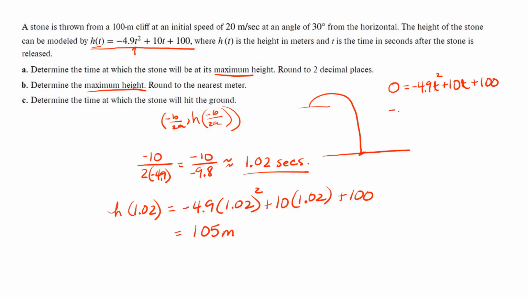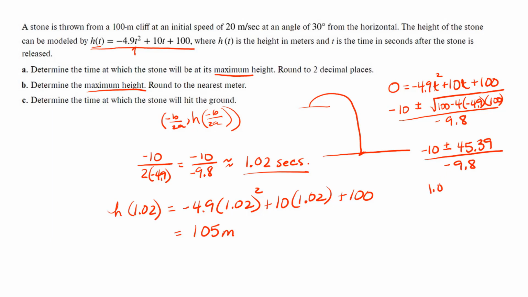So negative b, negative 10, plus or minus the square root of b squared minus 4ac, all over 2a, so that's negative 9.8. So that is going to be about negative 10 plus or minus 45.39 over negative 9.8. So that is about 1.02 plus or minus